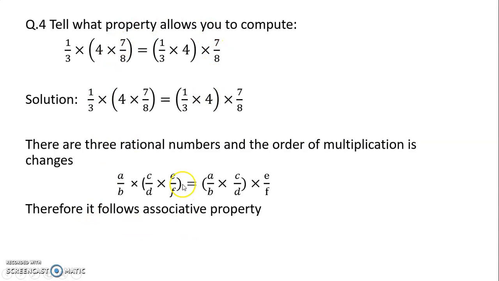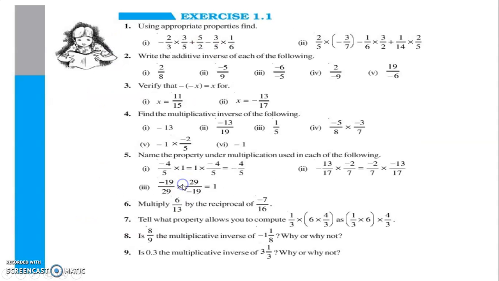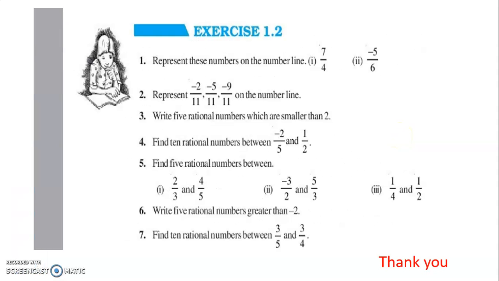So this was the end of this chapter, rational numbers. These are the exercise questions of the textbook NCERT Rational Number Chapter 1. This is exercise 1.1. You have to solve these questions in the general copy or in the old maths copy of previous standard 7th. If you have the copy and the pages are left, you can do it in that also. The copy would be checked once the school gets reopened. Okay, this is exercise 1.2.